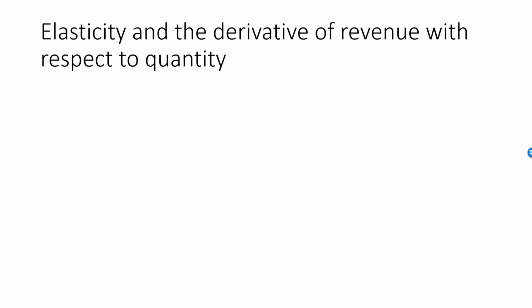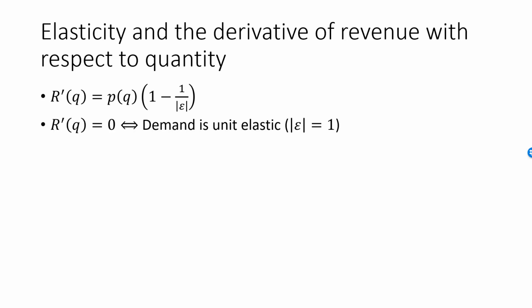Let's also summarize the relationship between elasticity and revenue as a function of q. This relationship is even more important. The main result is that the derivative of R with respect to q is equal to the inverse demand function, p(q), times 1 minus 1 over the absolute value of the price elasticity of demand evaluated at this particular quantity. If demand is unit elastic, then R'(q) is 0 and vice versa, as long as p